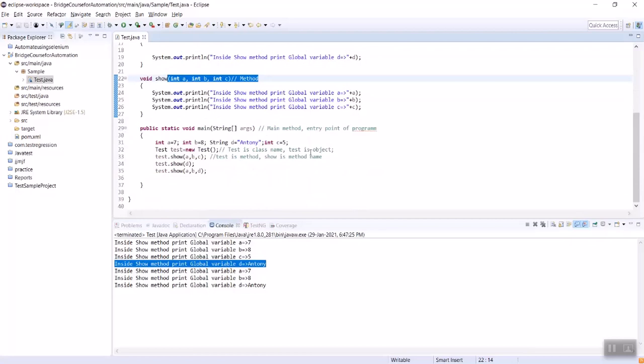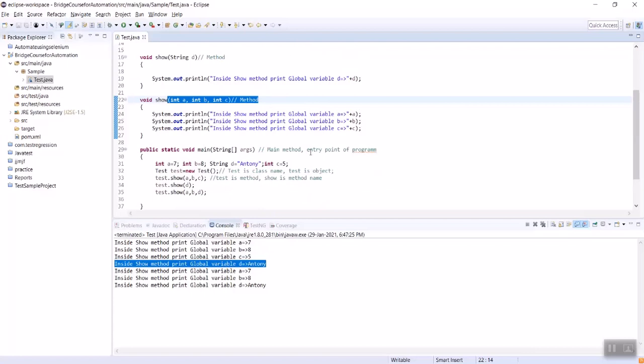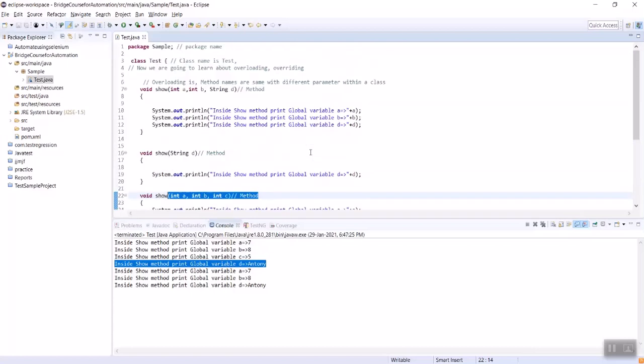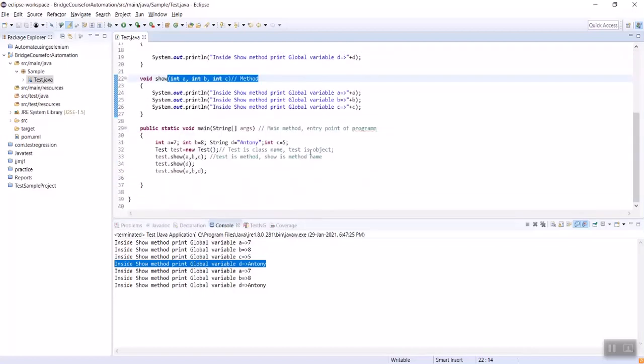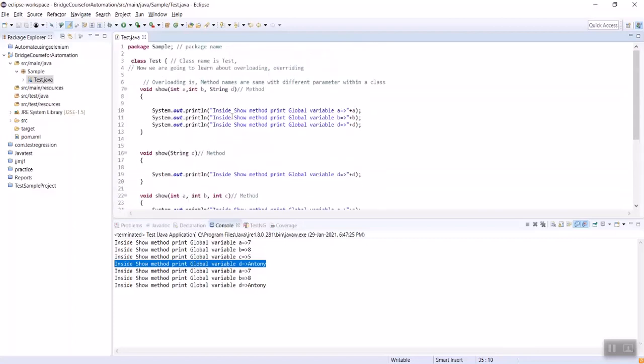Then the line number 22 will be called from 33, then 35 will go to line number 7.